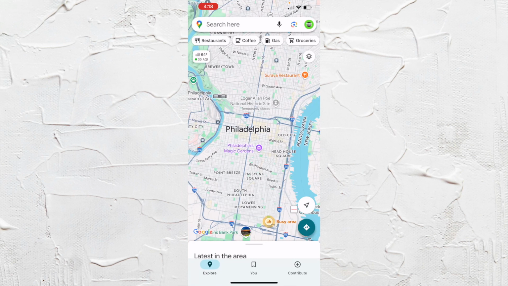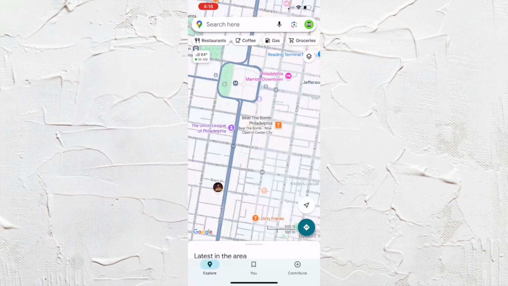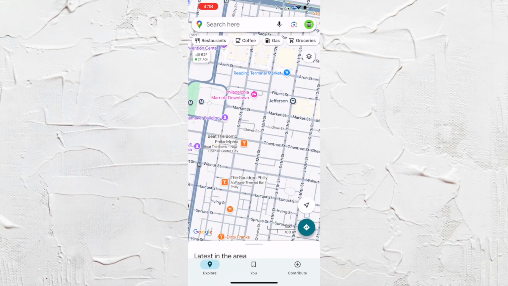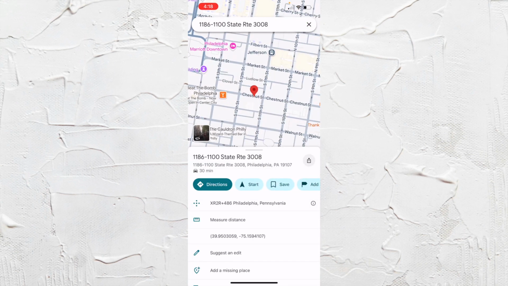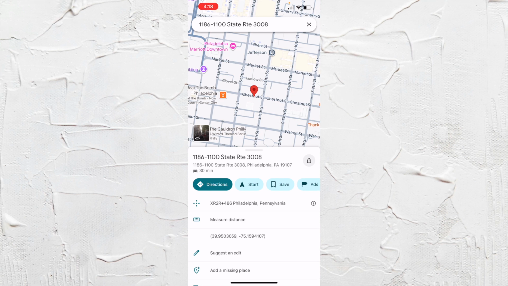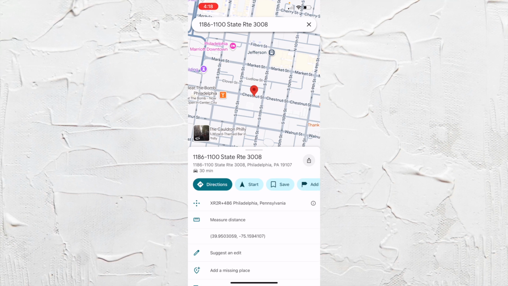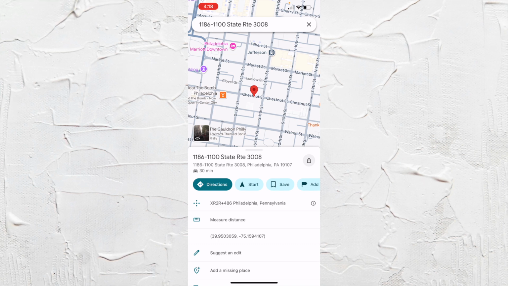So I'm in Philadelphia, so what I'm going to do is actually just zoom in really, really close, just to kind of get a spot to choose, and let's just click here. So when you click a location on Google Maps, it'll drop a pin. So what that pin's going to do is it's going to give you all this information about where the pin is. But what it's also going to do is it's going to give you a preview of what the street